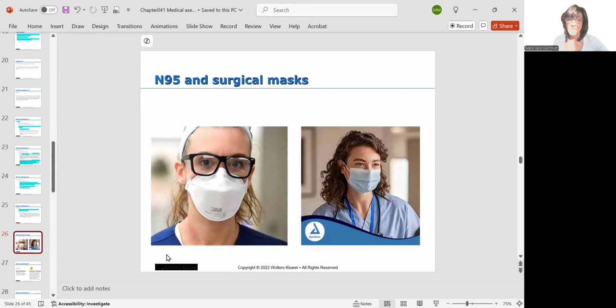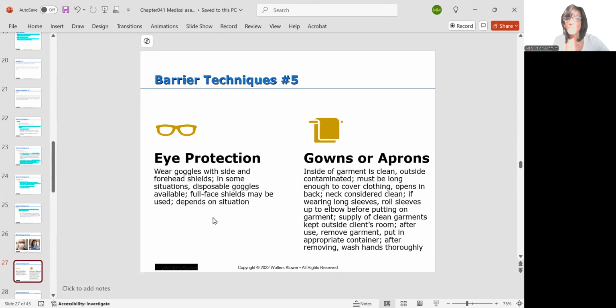Okay. And here are pictures. So that is an N95. And that's just a handy dandy garden variety, one size fits all surgical mask. Okay. I mean, they serve a purpose. These are really efficient at preventing certain things like tuberculosis, measles, varicella, getting through the airborne diseases. Okay. There are also goggles, there are face shields, all types of different kinds of eye and face protection. And then there are gowns that we can wear also. So depending on what your task is, that will dictate whatever PPE or personal protective equipment you would use.